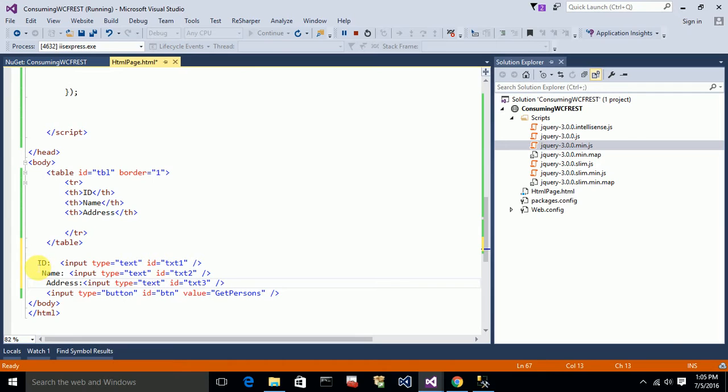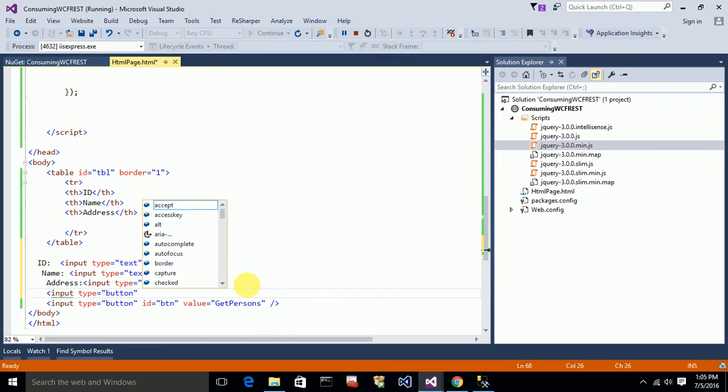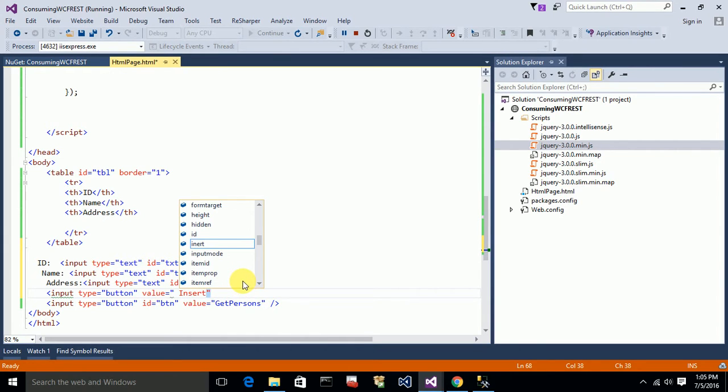Okay, and I want to have a button, input type equal to button, the value is insert person, and the ID is btnInsert. Okay,